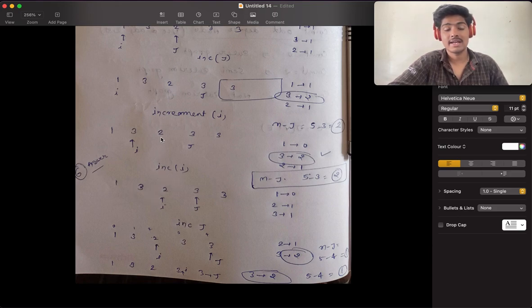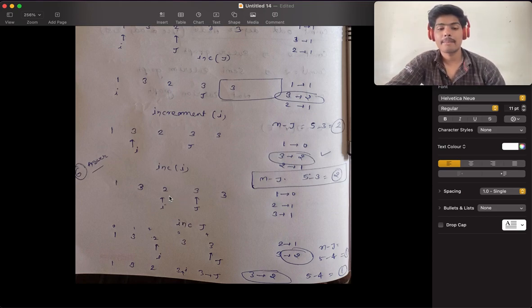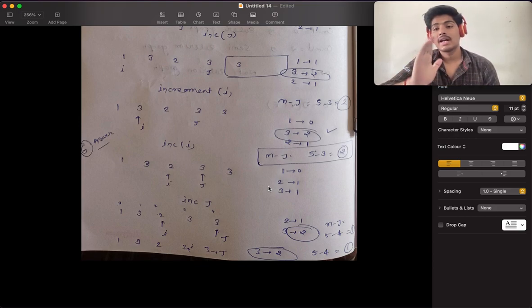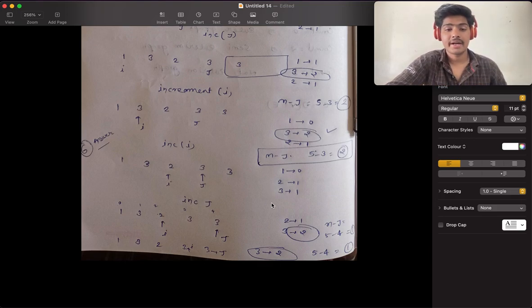So I is on this index, second index, 0 1 2, second index. Now again frequency check करेंगे, frequency of 2 is 1, frequency of 3 is 1. Now we have not met our condition, so now again increment of j, because अगर मेरी कंडीशन मैच नहीं हुई है; अगर कंडीशन मैच हो जाती है तो I को इंक्रीमेंट कर देंगे, कंडीशन मैच नहीं होती है तो j को इंक्रीमेंट करेंगे। अगर j को इंक्रीमेंट करेंगे, j यहाँ पर आ जाएगा, j यहाँ पर आ गया, again देखेंगे 3 is coming two times because 1 and 2, I यहाँ पे है j यहाँ पे है तो 3 is coming two times,